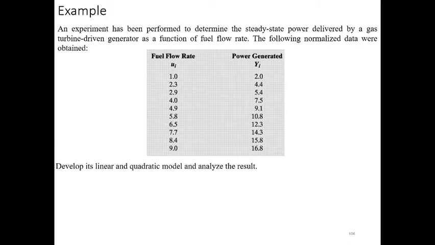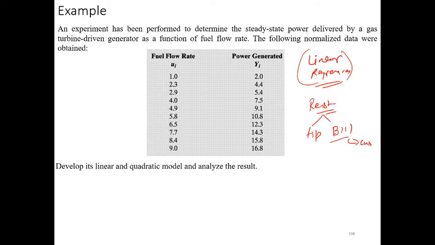In the previous class, in the last three classes, we have discussed linear regression. We saw one example of a restaurant in which the tip is dependent on the total amount of bill that the customer paid to the restaurant. So the tip is dependent on the bill, and we tried to develop the model for the tip. Based on that, we have seen two types of linear regression model.